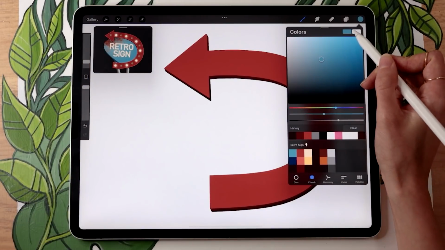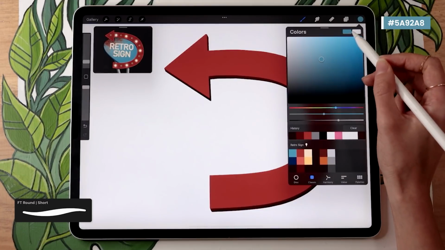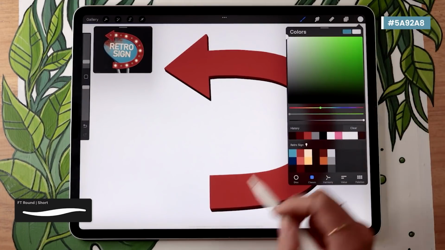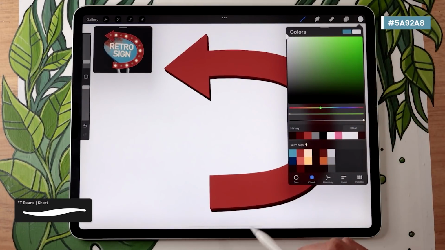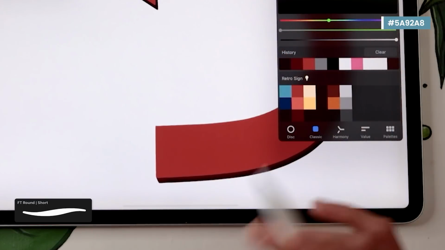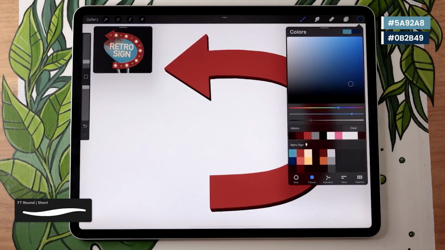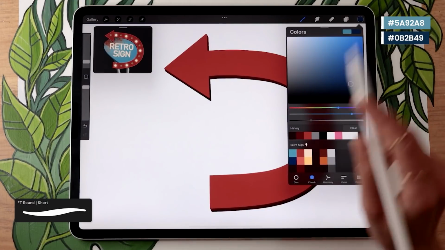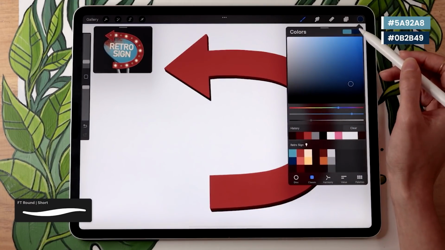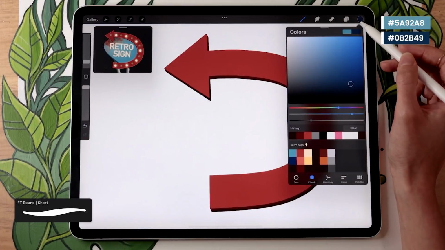So for example, here again, I have my bright blue, and then right next to it, I need to select not white, a darker version of my color. So you could again do it manually, or if you're using the color palette, it's going to be this dark blue right here. And one quick note, if you are using brushes from my 3D bundle, it's really important that you pick the darker color last, and that is the one that is selected here at the top.